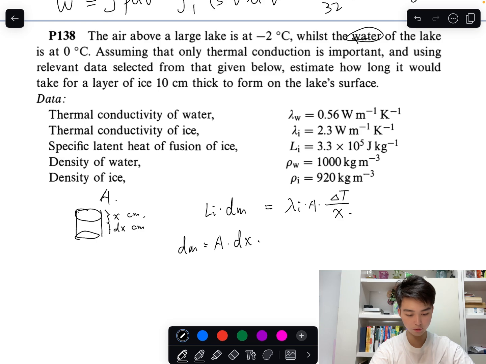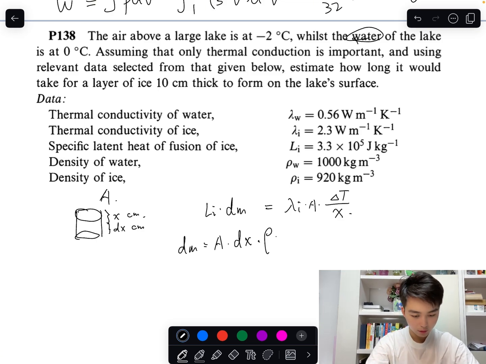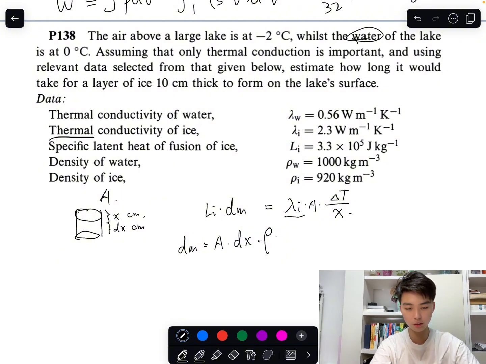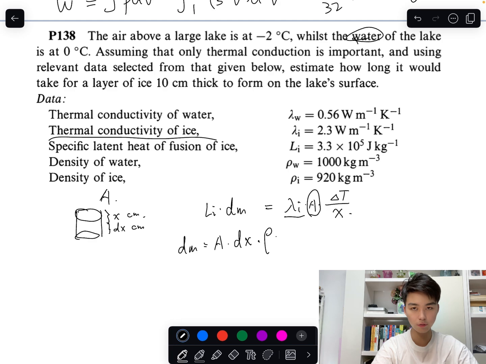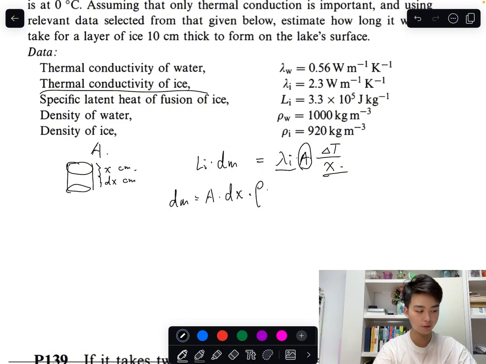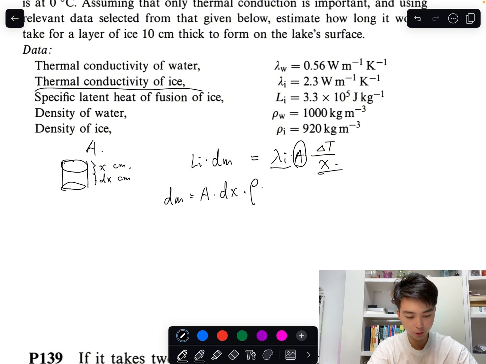So this, wait a minute, we have a rho here. This is the thermal conductivity of ice. We have the cross-sectional area, and this is the temperature gradient. We multiply them together to get this equation, and we're going to figure out T equals